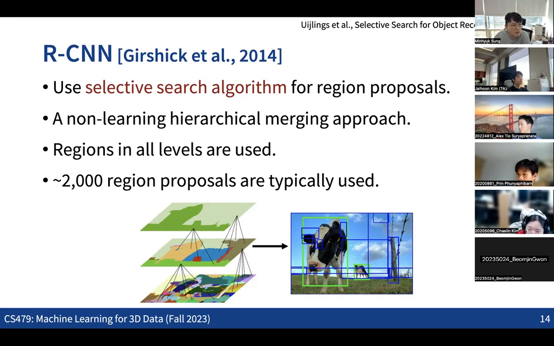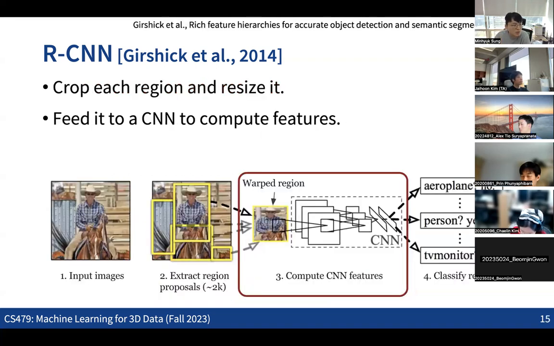Once we collect all the region proposals based on this hierarchical merging, for each region we make the bounding box, crop the region, and resize all the boxes so that we have some fixed size of images for all the cases. Then we treat them as individual images and feed them into the convolutional neural net. Then we get classification scores for each region. So this is a very simple idea for getting object detection results. And can you guess what the downside of this approach is?